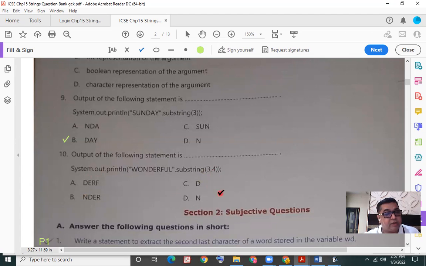What would be the correct answer in this case? Get characters starting from position 3 up to 3 only. So let us check the index position. 0, 1, 2, 3 is for the letter D. Starting from D and ending over, we're going to get only one character, that is D.